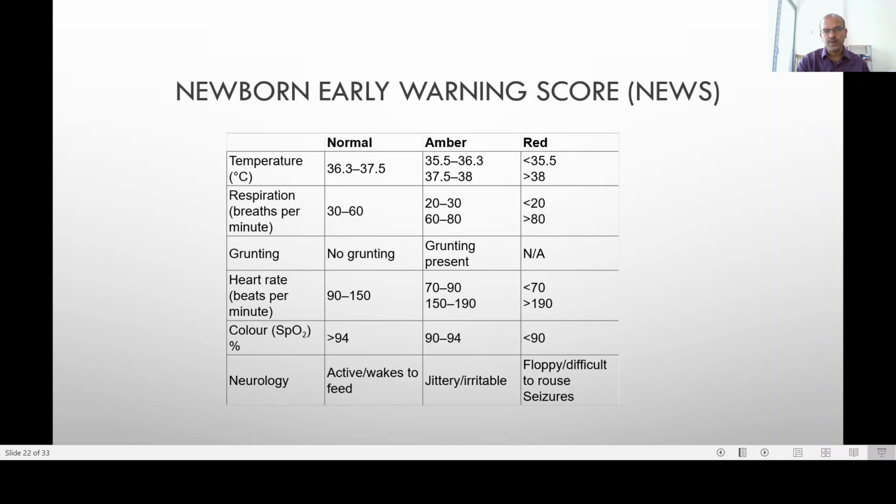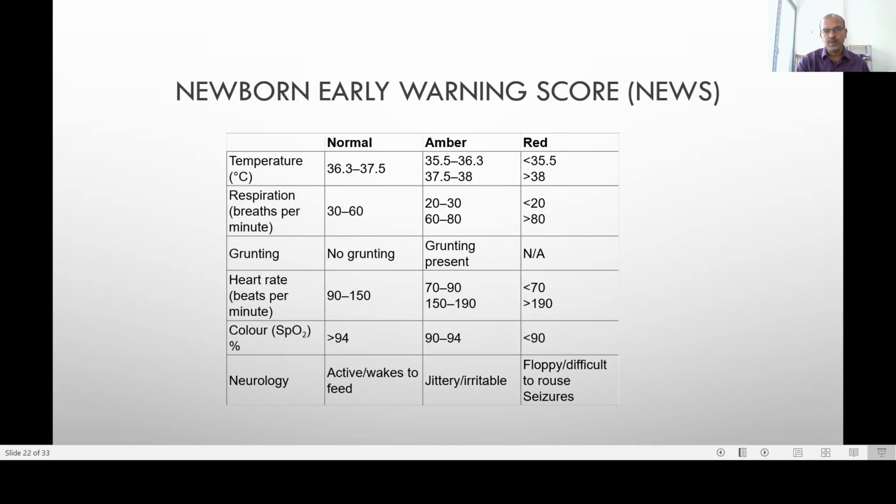When the nurse is assessing the vital signs, they can plot it on the newborn early warning score, which is a conglomeration of findings like temperature, respiratory rate, presence or absence of grunting, heart rate, color, and neurological response. And according to the range it comes in, you can score as normal, amber, or red. The more the number of amber signs, the more significant it is, but any red sign is very significant and